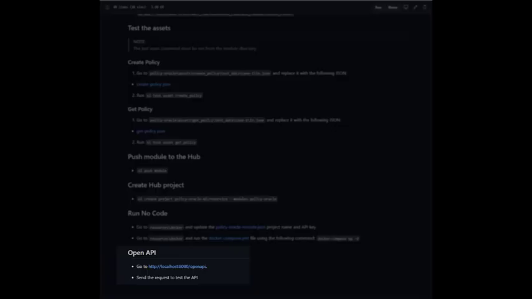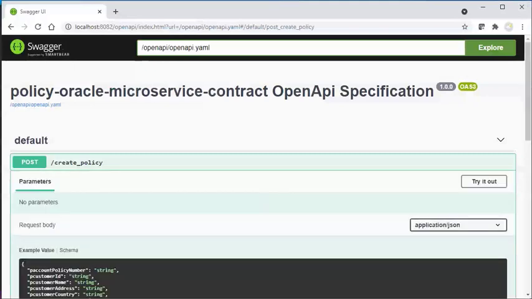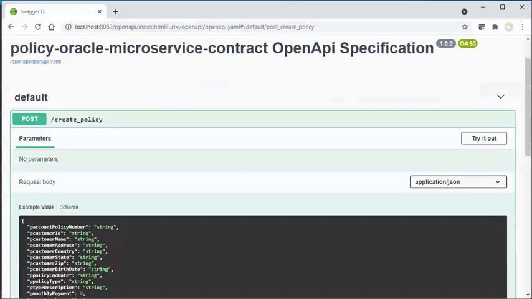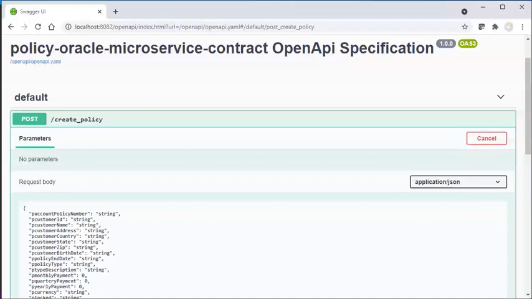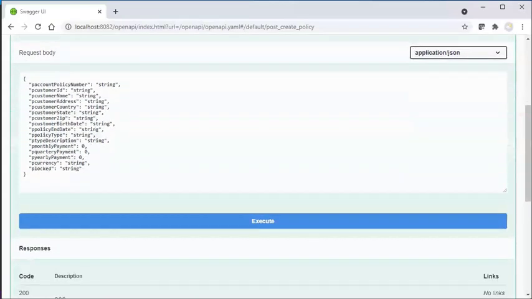We will now test the API from the browser using OpenAPI. OpenAPI, also known as Swagger, is a standard specification that allows us to interact with a properly defined service and test it. After we open a browser window to OpenAPI from the localhost 8080, we select the OpenPolicy API and